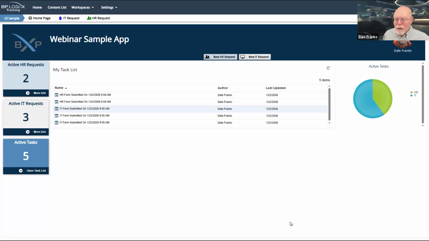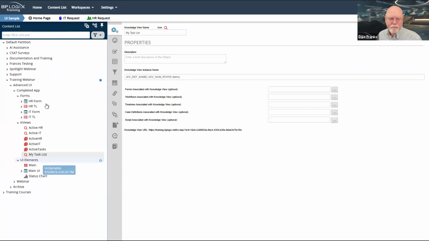So today we're going to talk about how this is built and how you can build it and implement it in Process Director. Now, there are some building blocks that we need to make all of this work, and we are not going to go through the process of building all of the base objects, the forms and stuff, but we are going to take a look at them.